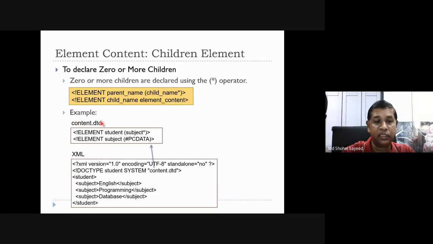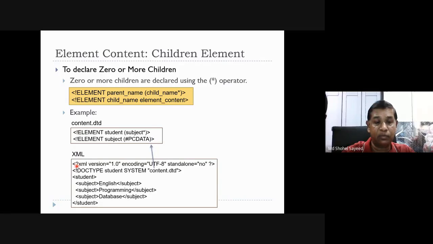Define the DTD first. Element student, subject, star. Star means it may be 0 or more children. Then you define subject as PCDATA. What type of data is this one? Parsed character data.